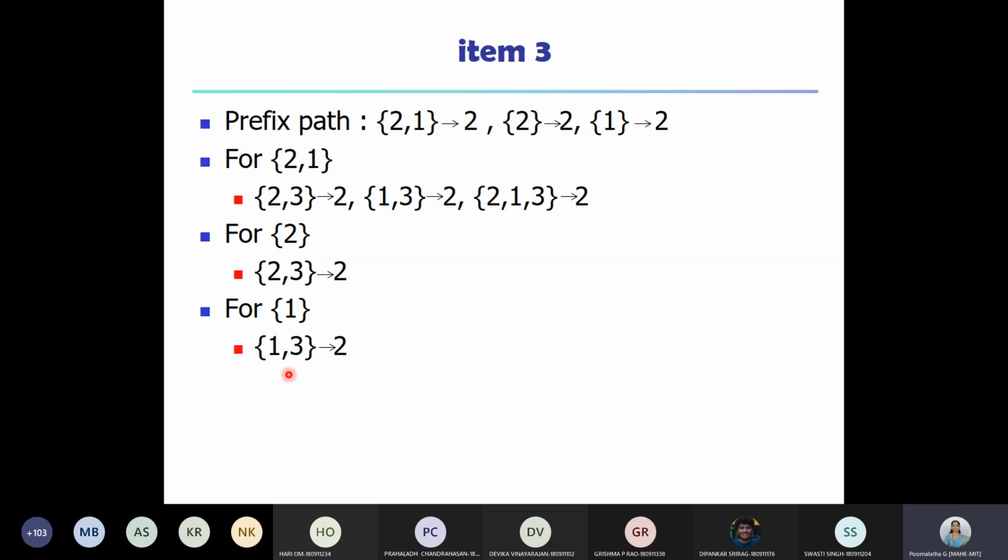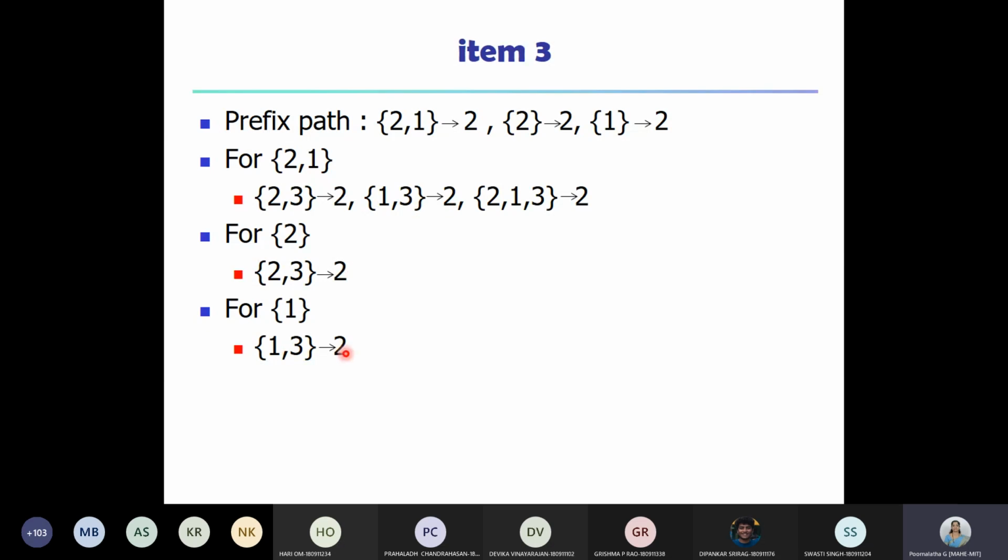Now you see what are all the frequent items. You can see here 2, 3 with the count 2, and 2, 3 with the count 2. If you sum up, you will be getting the count as 4. Item 2, 3 with a count of 4 is greater than 2, hence 2, 3 is a frequent item set. Similarly, 1, 3 with a count 2 here, then 1, 3 with a count 2 here. It means the count of 1, 3 together is 4, and